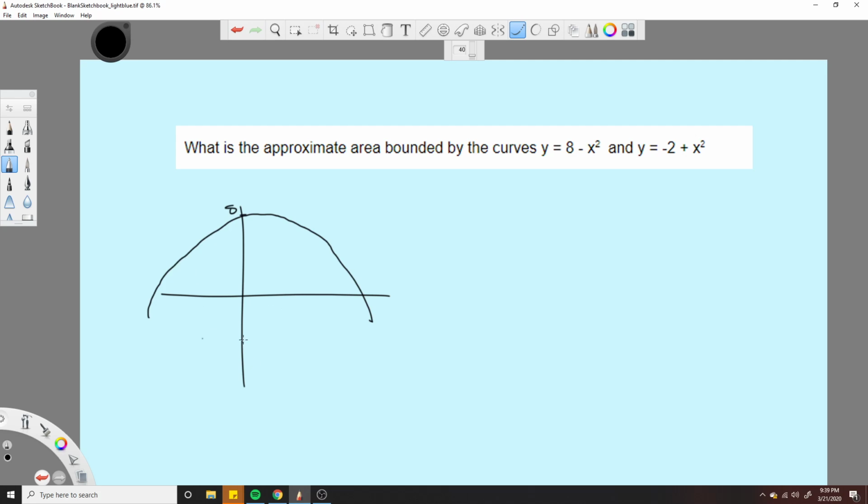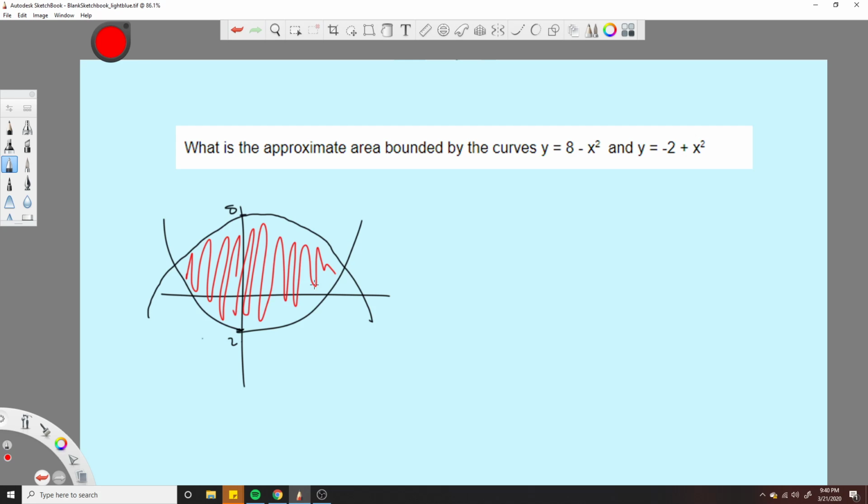And then you have another parabola, maybe somewhere here, and it's somewhere like that. Very rough graph, but you get the point. This is a 2 here, and it's facing upward. We want to know the approximate area in here. So the way you do that with calculus